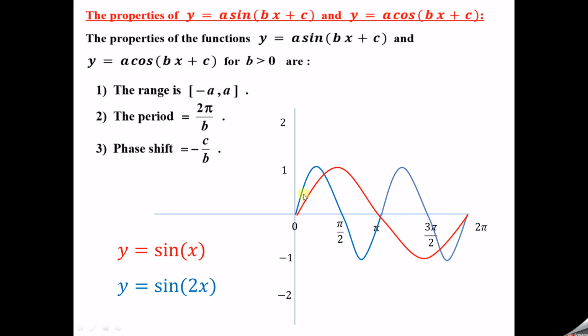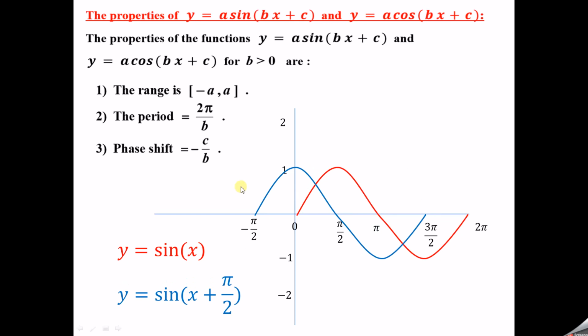See here, that's why 0 to pi. We got all the values of sin 2x between 0 and pi, and after pi length, the same values will be repeated, because for this function the period is pi. Whereas for this red colored function, the period is 2 pi, so after 2 pi length only, the function values will be repeated. For sin 2x, after a length of pi, the same values will be repeated. So this is the difference between these two, where the range is the same but the period is different.